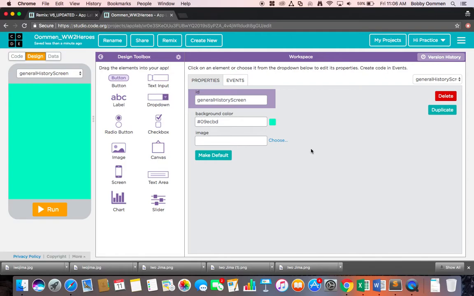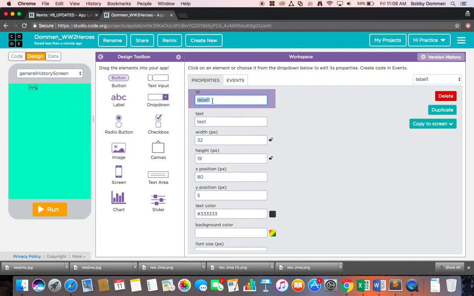Okay, and now we can begin adding the elements. As I said, there is just a title and then your paragraphs. So I'm going to use the label to create my title, and I want to change the ID first, general history title. And if this is your first video that you're watching, every ID of any element is going to have first the page that it appears on and then followed by a little description of what it is. Okay, and so my text is general